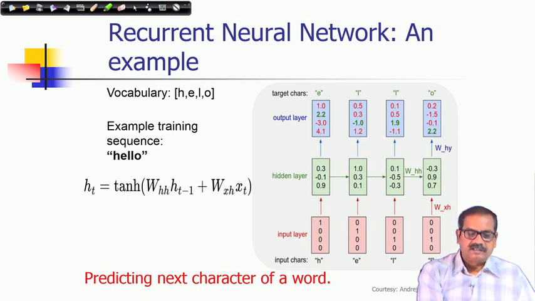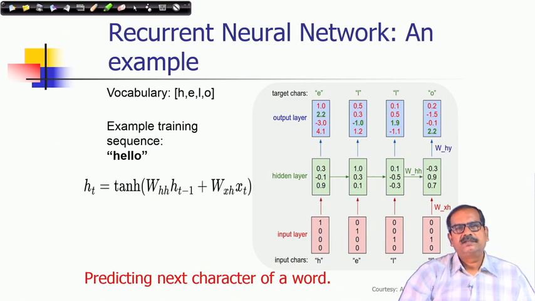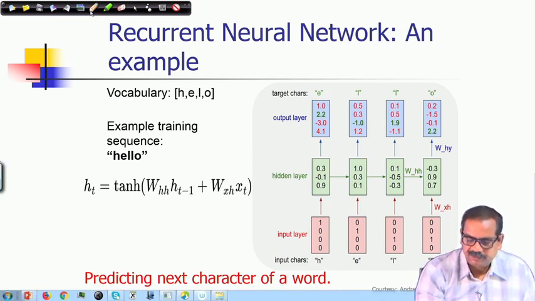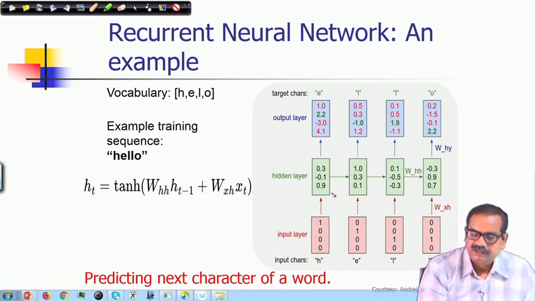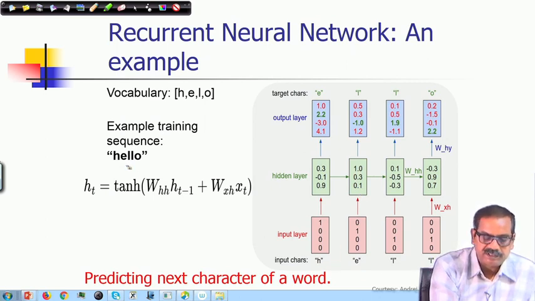Say in this case, an example has been drawn from natural language processing or string processing. So, what are we trying to predict? We are trying to predict the next character of a word. So, there are training sequences. One is, say, hello, which is a training sequence, and as you can see with this RNN input, we can unfold the RNN into this, since the length of the string is 5 and there are 4 predictions.